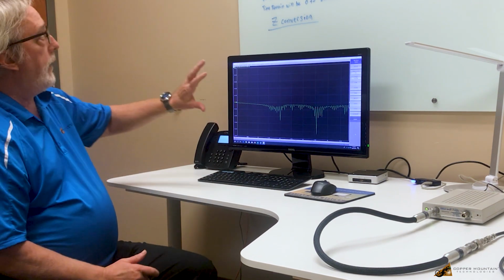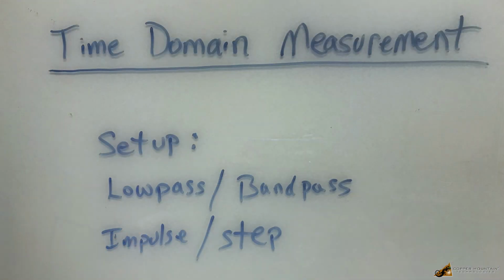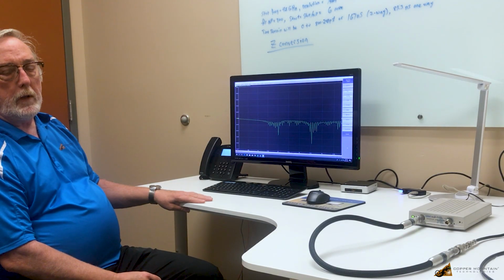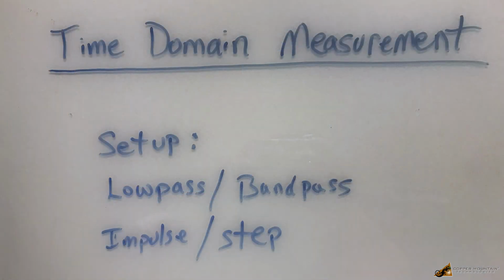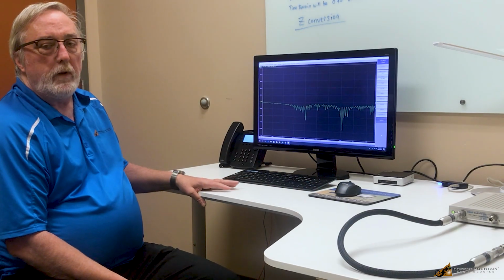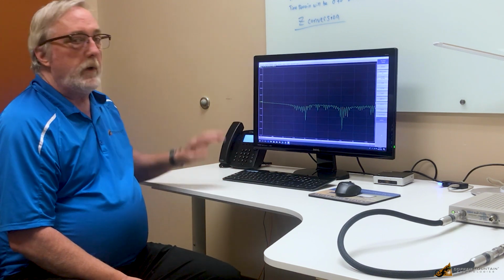I'm going to do the setup required to give us a time domain measurement. I'm going to do a low pass time domain measurement with a step function. Now there are choices there. The band pass method is used for time domain measurement through a limited bandwidth such as a filter. The impulse measurement is good for looking at changes in impedances. But I'd like to see the step function because it gives us more information, and the low pass type of time domain measurement gives us even more information if you have access to measurement all the way down to zero.